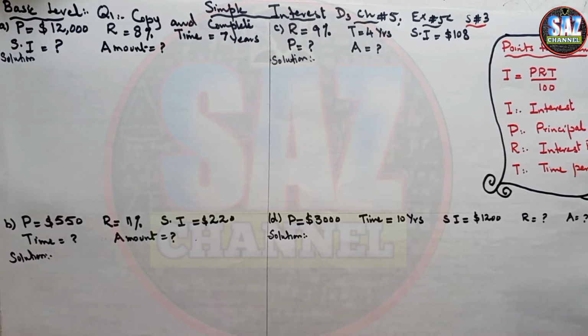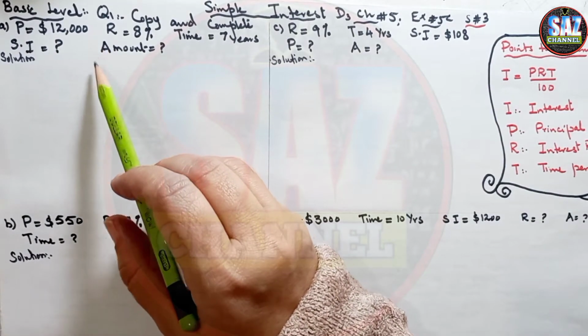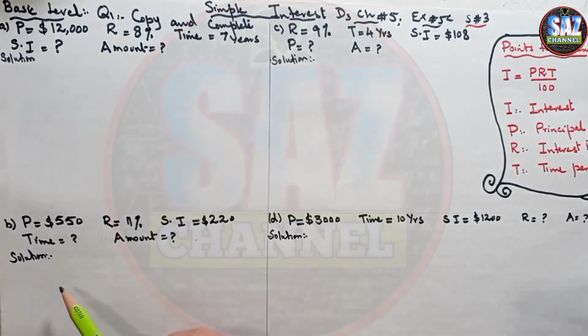This is my third lesson of D3, chapter number 5, exercise 5C, about simple and compound interest. In this lesson, I will solve basic level question number 1, and this is about simple interest. Question 1 has different parts, where some information is given and some information we have to calculate